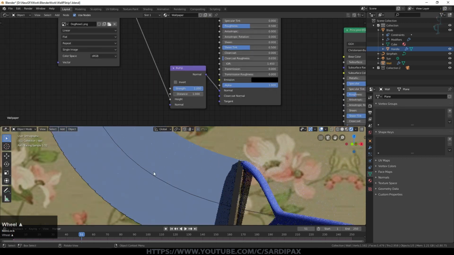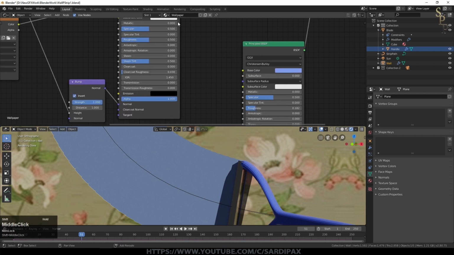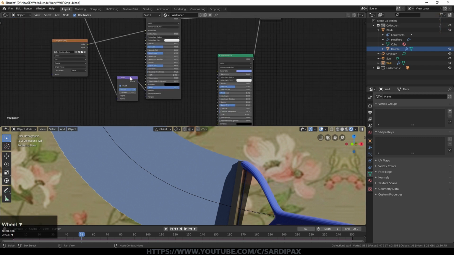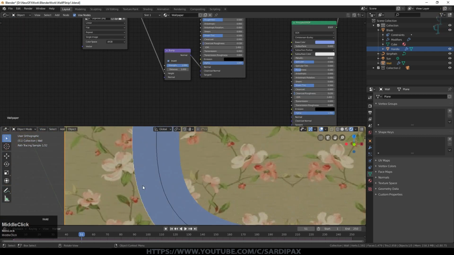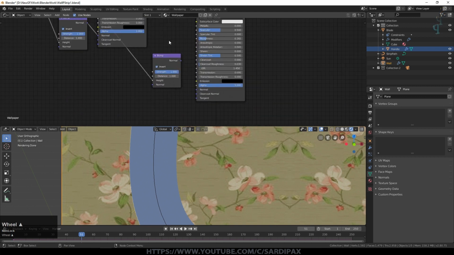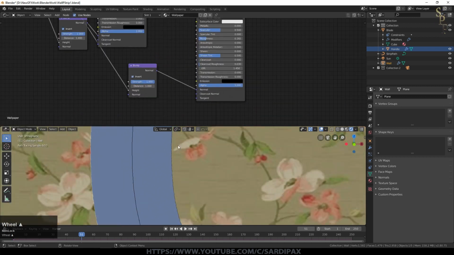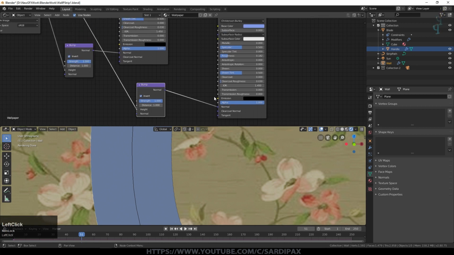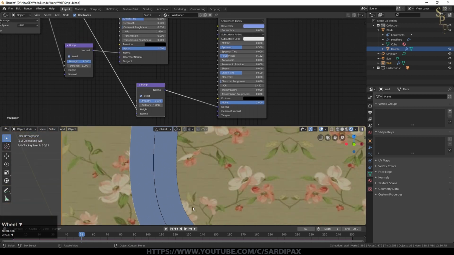Now at the moment you can see where the shadow is, it's on the wrong side. But if I click invert, now you can see it's picking light up here and not here. We can probably do exactly the same on the other side. So that's just giving us a little bit of height there. And if we go over to here to our painted wall, now we've got a shadow on that side. So I've just put the same node in, still inverted, into each of them. So that gives us a little shadow on that side and a little catch of light on that side.